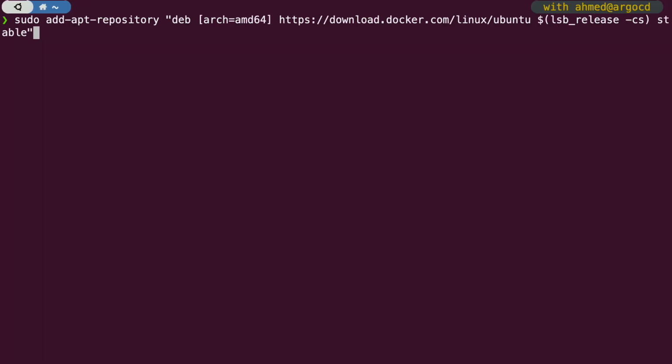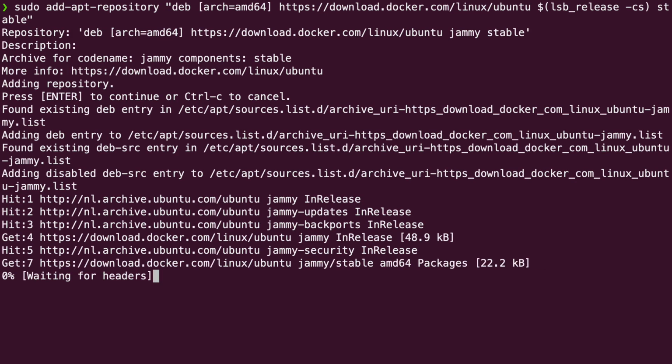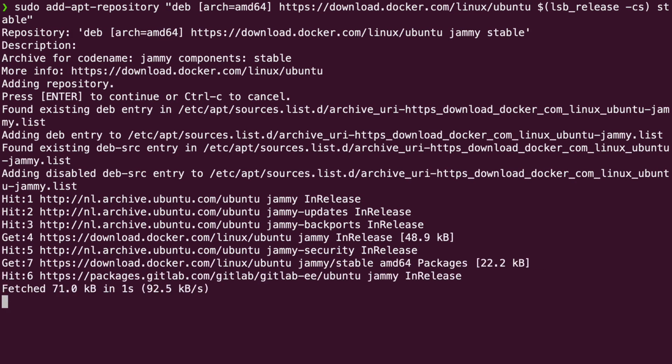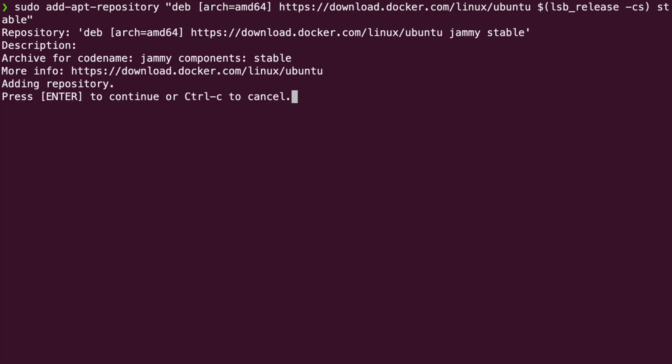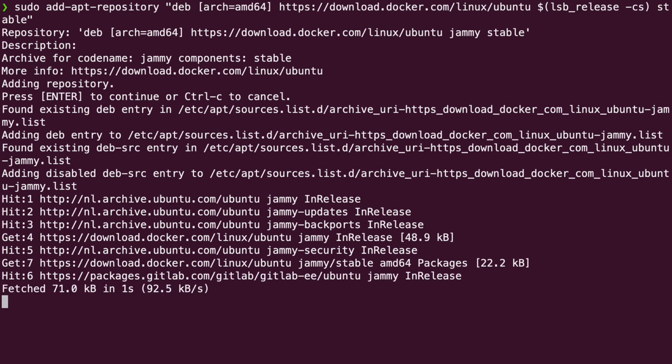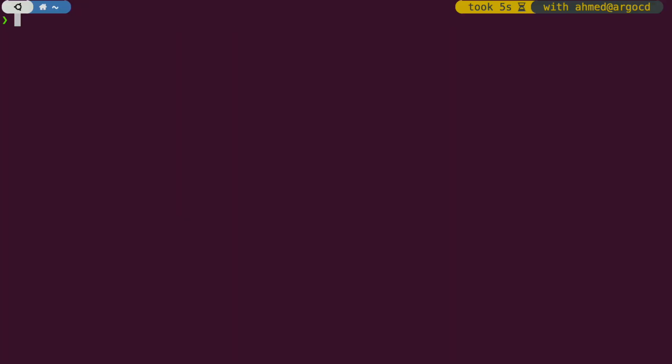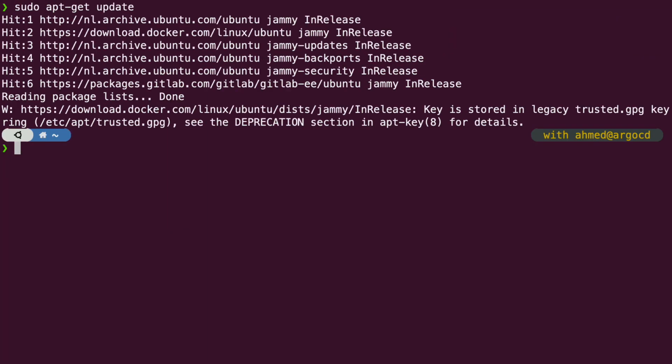Next, we deploy the GPG key for the Docker repository. Once we have that key, we can add the Docker repository by running sudo add-apt-repository. Then we specify the URL of the Docker repository that we need to add to our list of Ubuntu repositories. Now we need to refresh our repository by running apt-get update. Then we can install Docker and Containerd by running sudo apt-get install -y docker-ce,